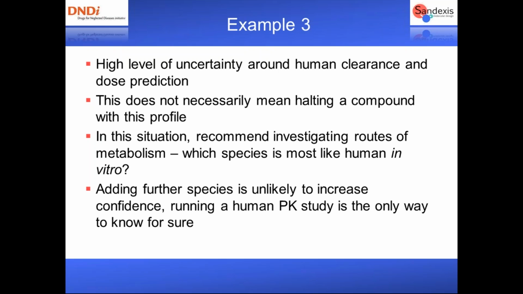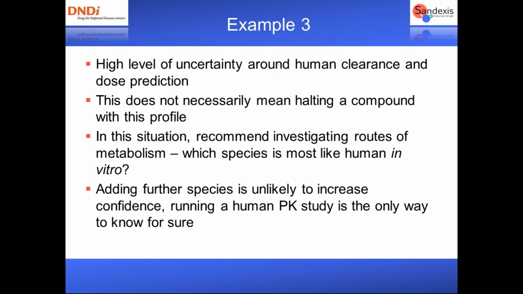What I would say is that just running additional in vivo studies in more species, for example, mouse or primate, is unlikely to increase your confidence, because we're still going to end up with a large range of clearance predictions. My experience of having done this for a couple of projects within the big pharma industry is that it doesn't really help your decision making. It just slows you down by 3 to 6 months as you generate the data. And ultimately, if it's a compound that meets enough of your criteria despite that uncertainty, really the only way to fully understand your human PK is to run a human PK study and know for sure whether the compound's then worth taking forward